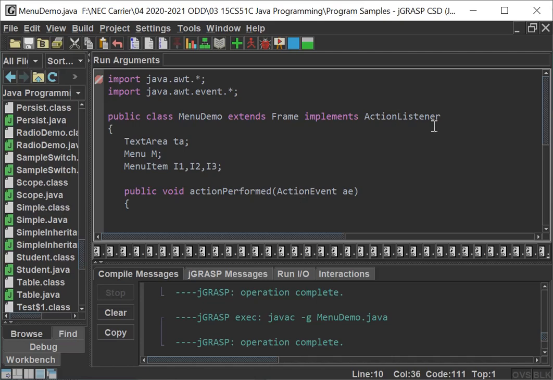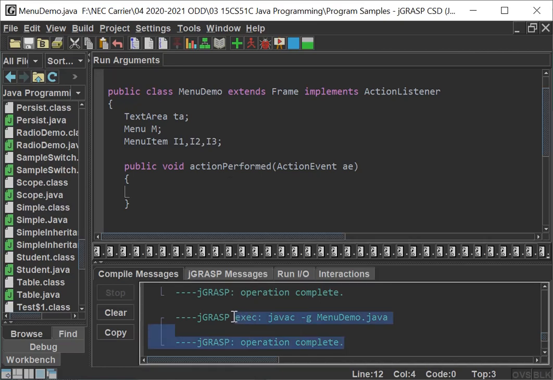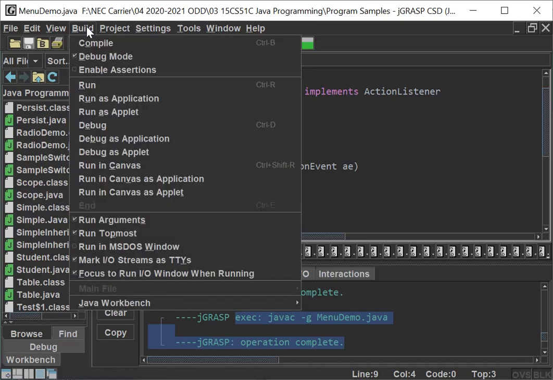Whenever you implement an interface, it has some abstract methods, and all of them must be overridden here. We may or may not give a definition, but you have to represent that abstract method in your class too, otherwise it will show the error. Could you understand? Now it is compiling without any issues. Next, we are going to run it.